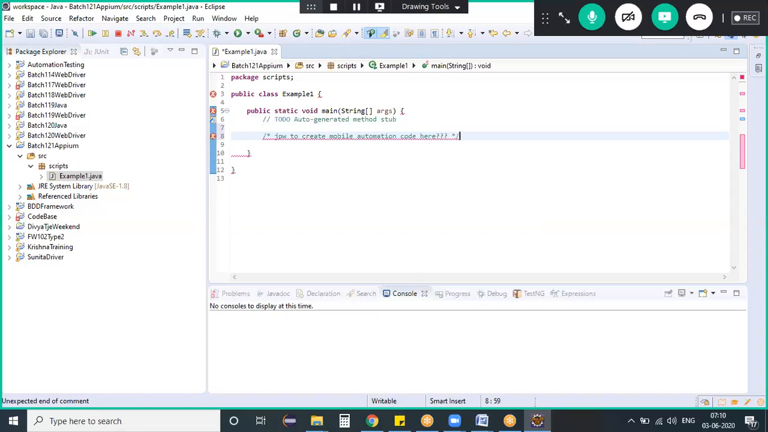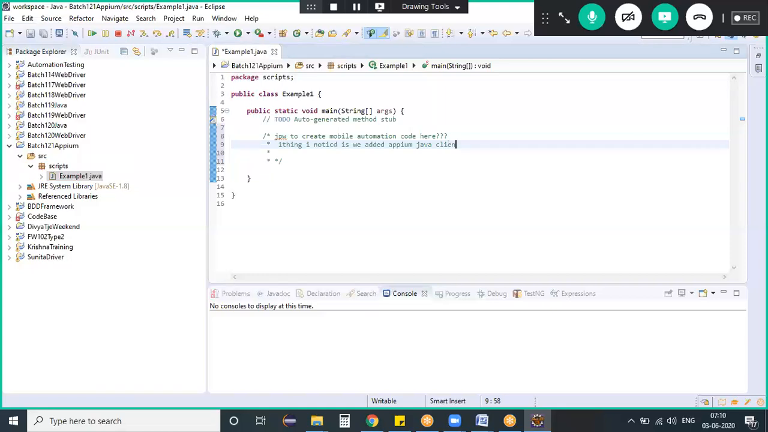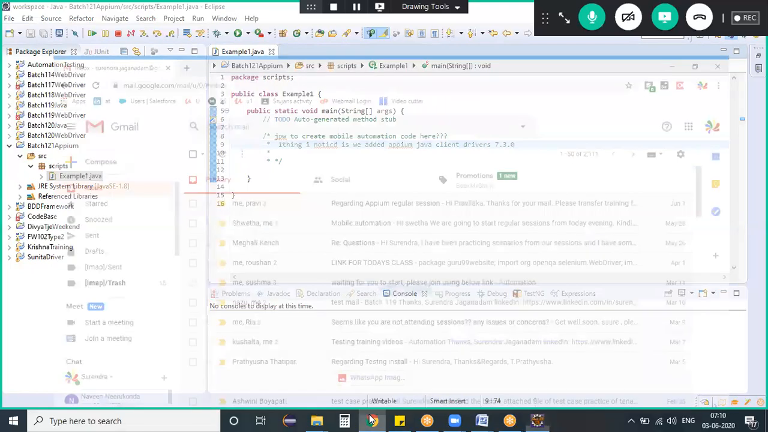How to create a mobile automation code here? We don't know anything. But one thing I noticed is we added Appium Java client drivers, and the version we have added is 7.3.0, something we have added this, right? Now what I'm doing right now means go back to the browser,